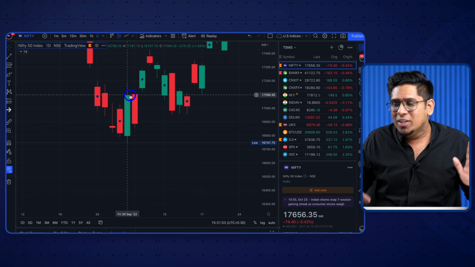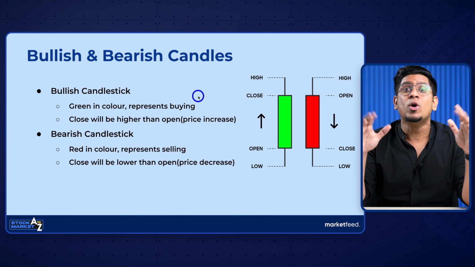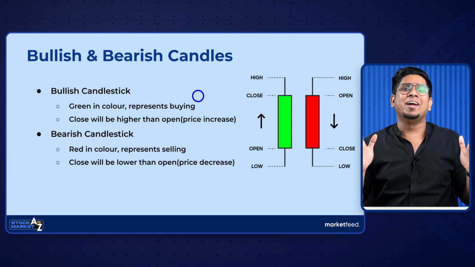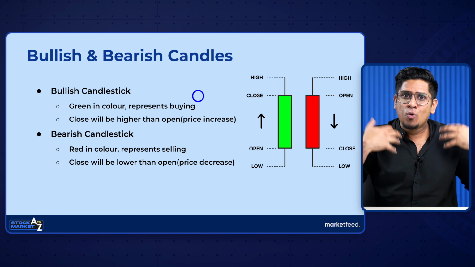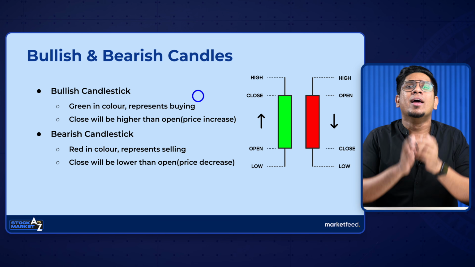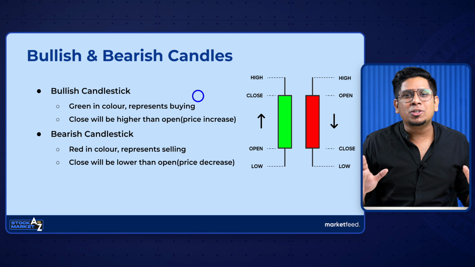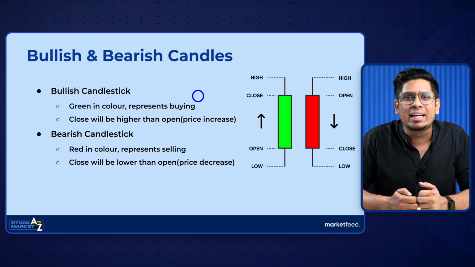Very clear. Now, this is why I said candlesticks are the best way to depict the price movement of a stock or a security over a time period. It gives us 4 important data points. It tells us a story as to what sort of buying or selling happened over that time period, right? Super clear. Now, if you have understood so much, understood the emotion, the story which is attached to candlesticks, then